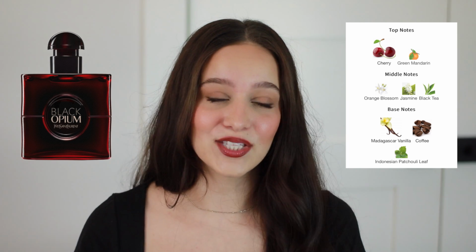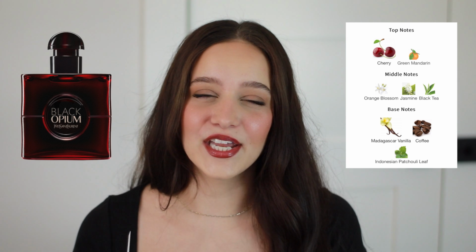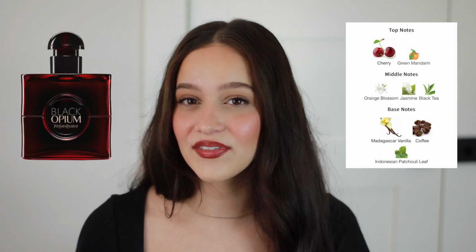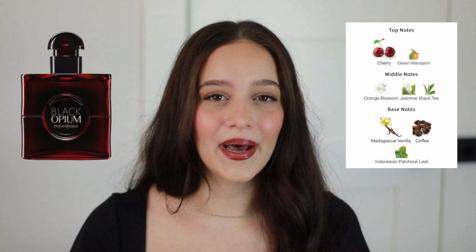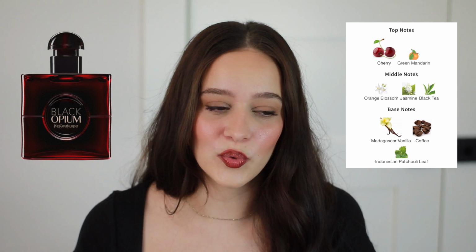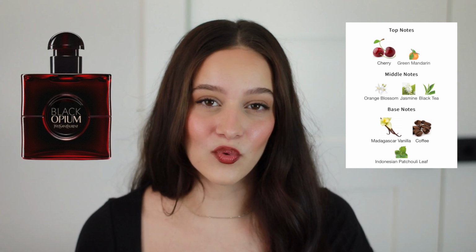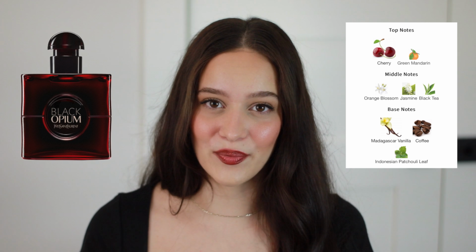No, I don't think it's a super linear cherry. I don't think it stays around for a ton of time. I do feel like you get a little hint of the cherry throughout the fragrance, but if you're gonna go out and pick up a cherry perfume, I feel like you would want something a little bit more juicy, or even if it has that depth and warmth to it, you want the cherry to stick around and not in a